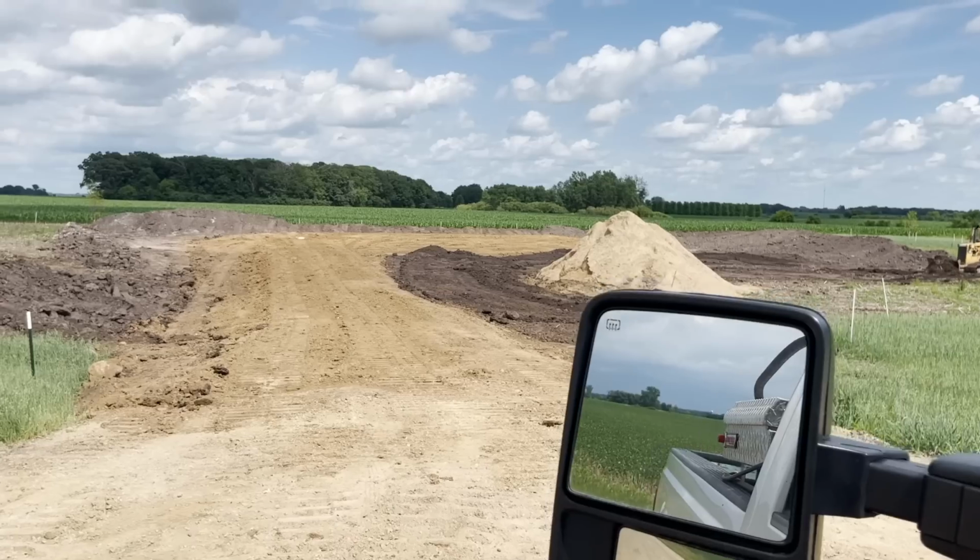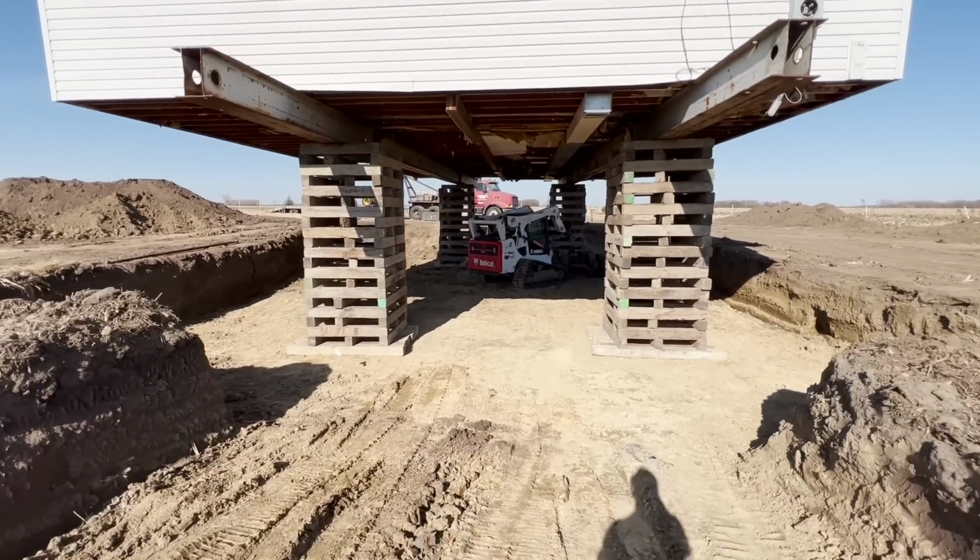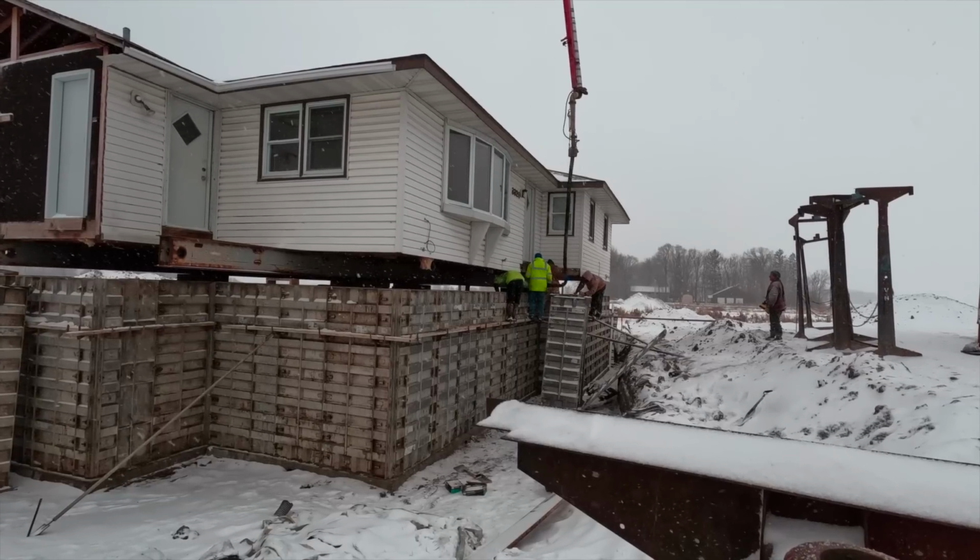So we brought in a lot of fill, we built driveways, we built building pads, and then on the lot I'm currently sitting on, we dug a hole, we built a basement, we had a house positioned above it, and now this house is 2.5 feet up from the foundation. We're getting super close to setting it down, and then we will start working inside the basement to start finishing out the basement, putting in windows and such,